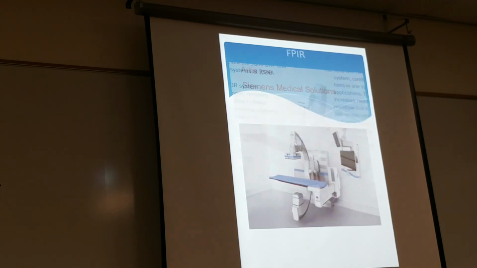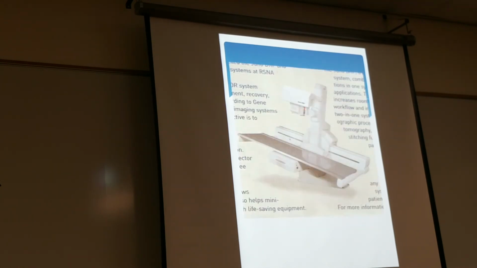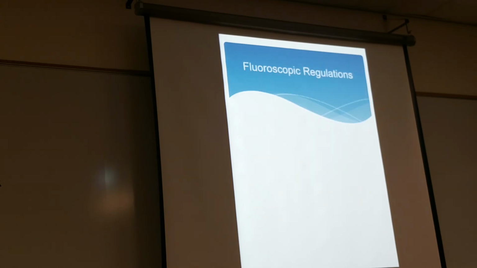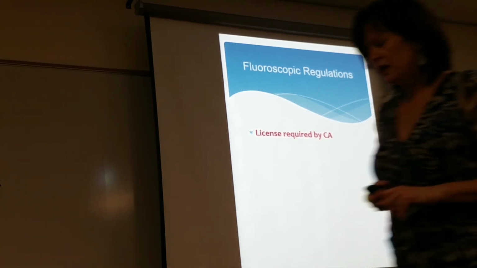Here's another one. This is where the tube is on top, and here's your flat panel detector underneath. So a lot more lightweight, streamlined. You don't need as much room. Okay, fluororegs. I got these from, these are mainly